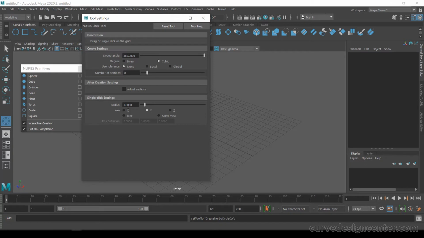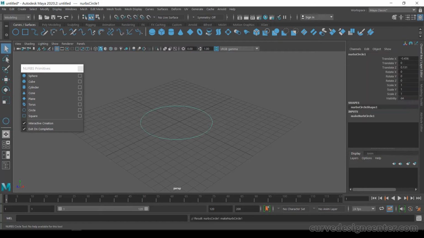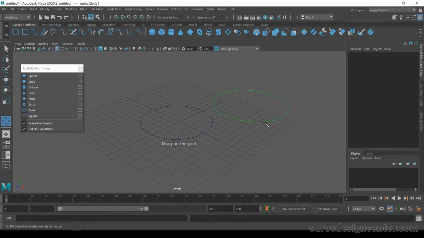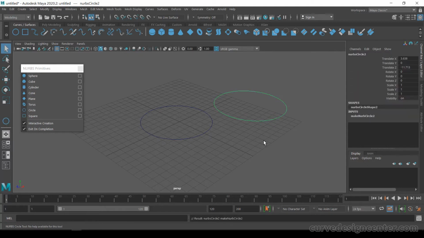Okay, so I just change the radius value here and close, no need to apply, and just click. So it's the first method of creating any shape. Or the second method is to click again on the circle tool, click and drag. It's an interactive way. Make sure these checkboxes are active.